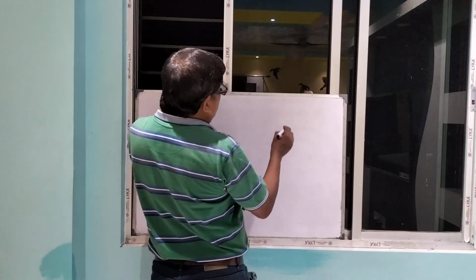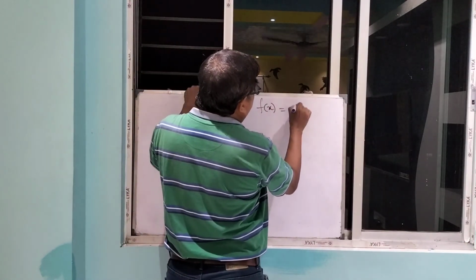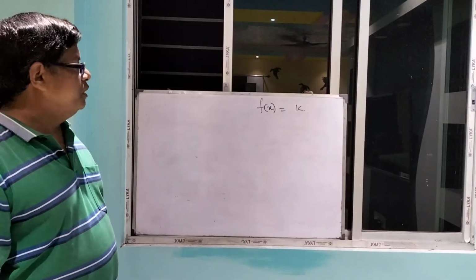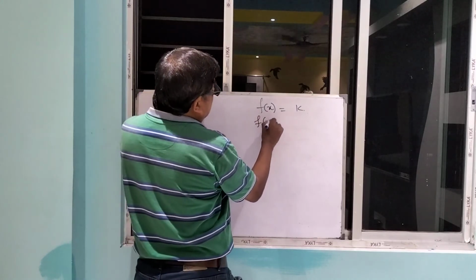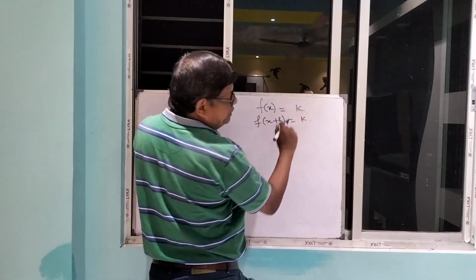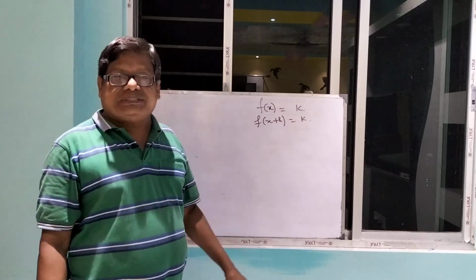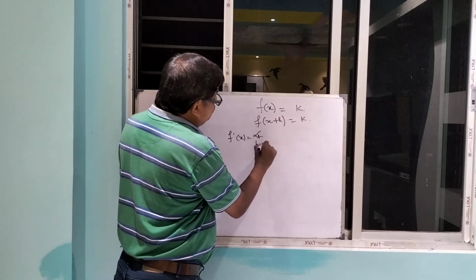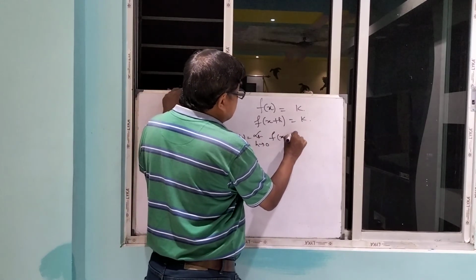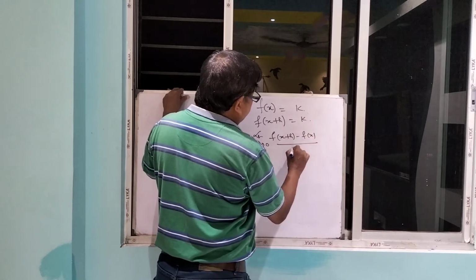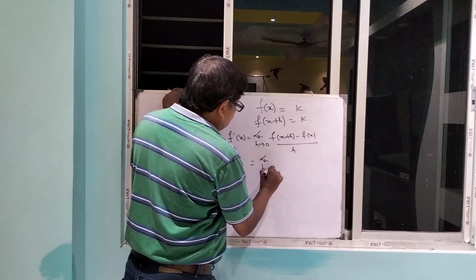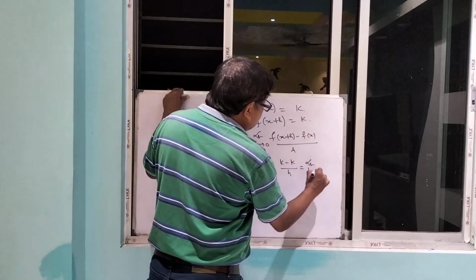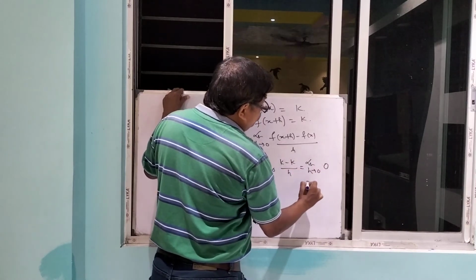Any constant, suppose k is a constant, then find d/dx with the help of first principle. Here if you write f of x plus h, it is also k, no change, because x is not there, k is constant. So f dash x is the limit h tends to 0 of f of x plus h minus f of x by h, which is the limit h tends to 0 of k minus k by h. So 0 by h means 0, so it will be 0.